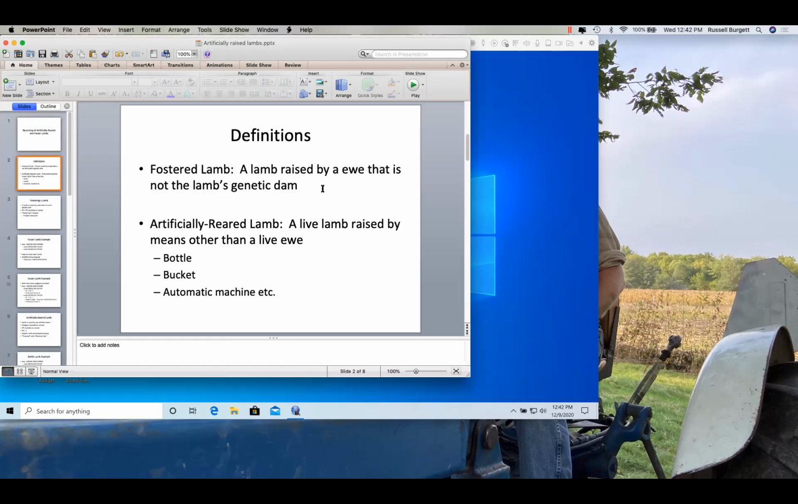Just to make sure the definitions are the same, I want to have these up here. I'll try to use the same definitions that Ron used in his portion. When I talk about a fostered lamb, that's a lamb